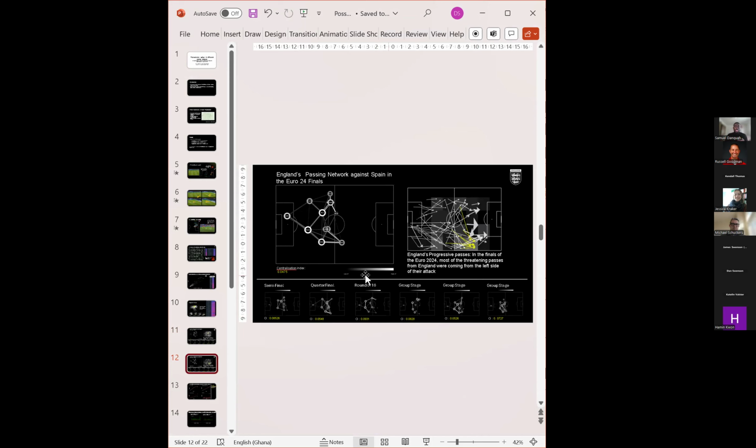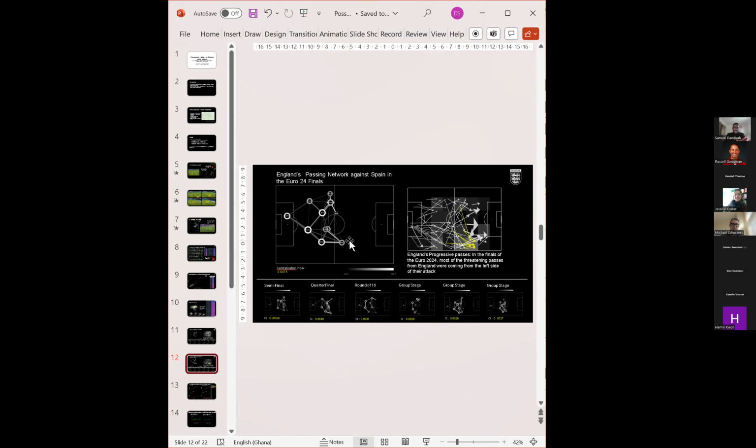Also, with the England setup, it was very interesting to find out where they achieved a lot of expected threat. Looking at this visualization, the thickness of the bar suggests that they had a lot of passes on there, and also the brightness of the bar suggests that that is where they were achieving a lot of expected threat. So you can clearly see that the pass between Jude Bellingham and also Harry Kane was actually the spot where England achieved a lot of expected threat.